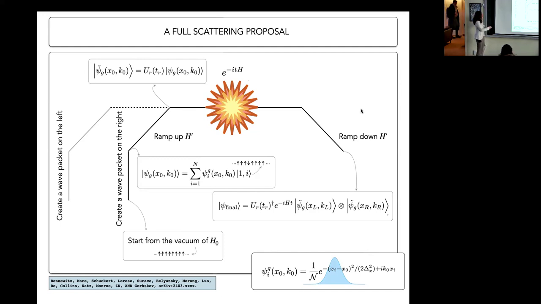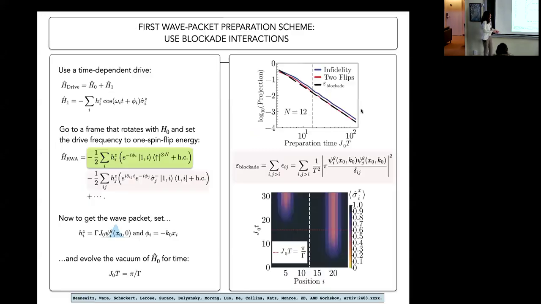So now we have our wave packets on left and right. You let them evolve and come to each other and collide. And then you start to ramp down so that you get back to the eigenstates of the free theory, because then these are easy to measure. You just measure the magnetization of the spins, and then you have these far apart free hadronic wave packets so that you can build something like an S matrix element. Okay, so this is the full procedure. It involves two ramps, which are easy for experiment, but importantly, it involves this wave packet generation for which we have protocols. Okay, so let me see.